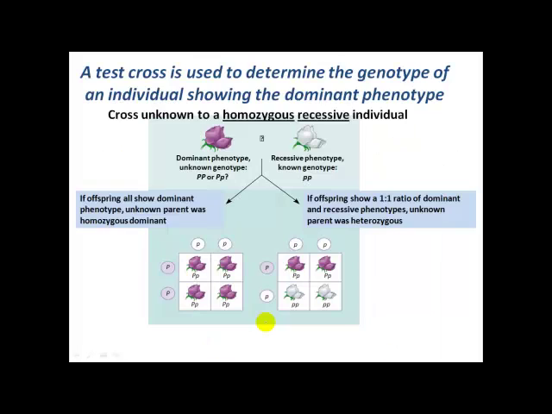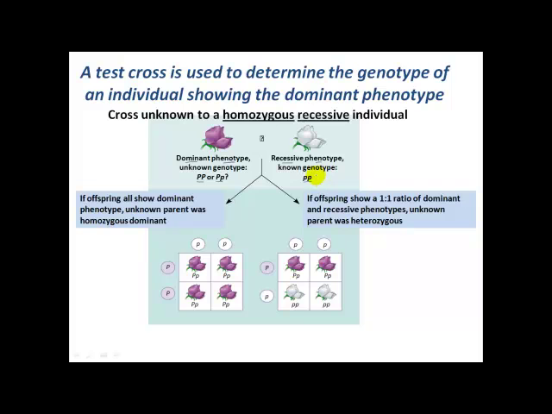And that would be a cross in which you take your unknown individual, right? Your unknown organism that's showing the dominant phenotype, but you don't know what the genotype is. It could be homozygous dominant or heterozygous, and you cross that unknown plant against a known plant that has the recessive genotype, which we know is associated with the state of being homozygous recessive, right? So we know what the genetic contribution from this recessive phenotype plant is going to be. Every single one of the gametes produced by that plant is going to have the recessive white flower color allele.